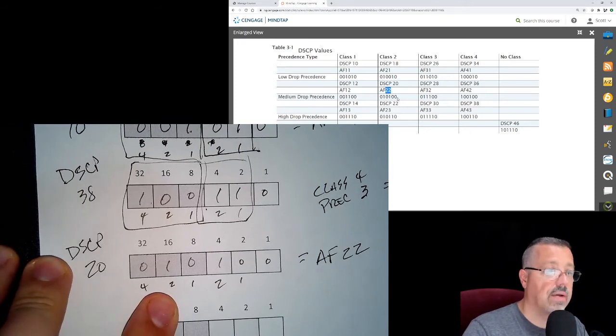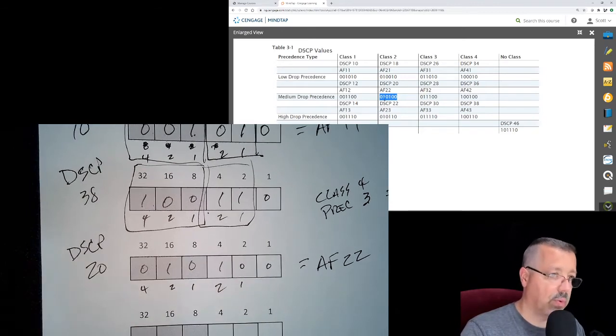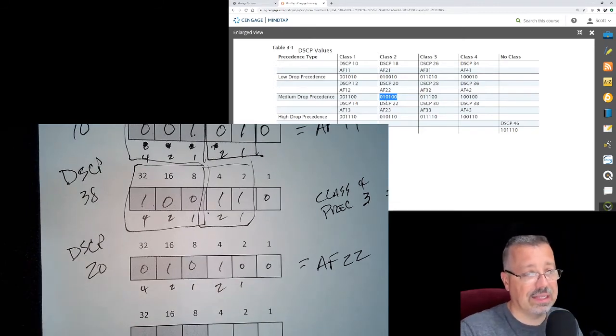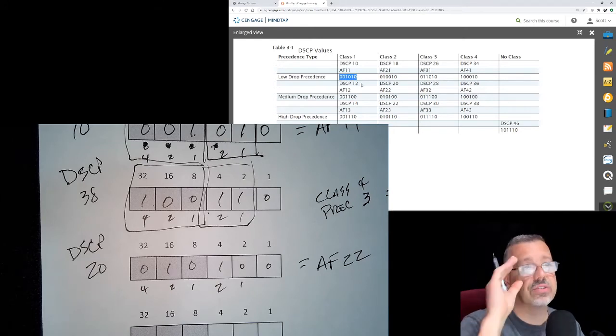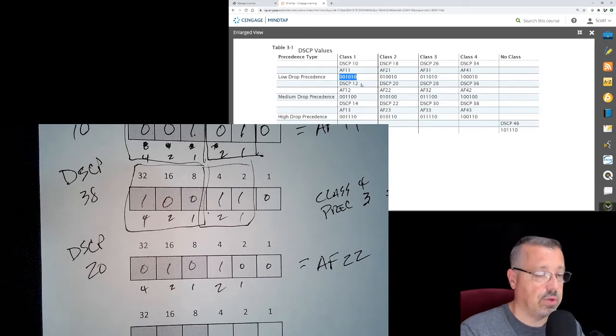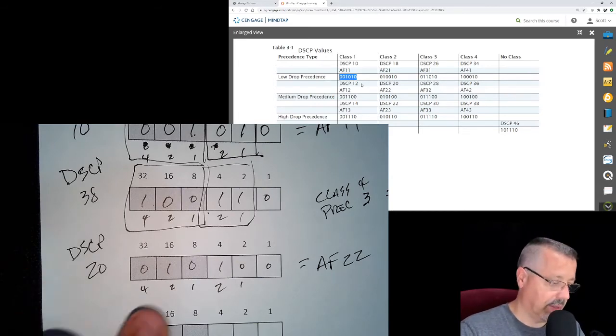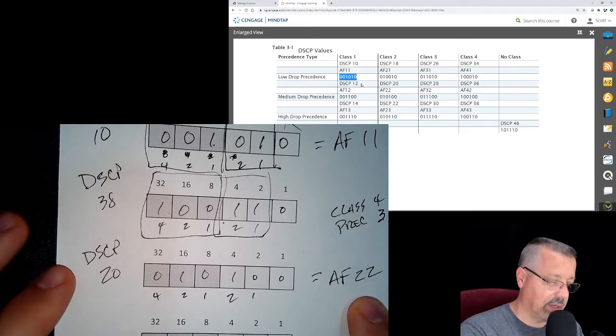And the number that we have there, 010100, is what we've got here. So that's the translation. So you will see in the binary element there is what you'll actually see in the DSCP field. And then you can either call it, like this, you could call it 20, or it's a class 2